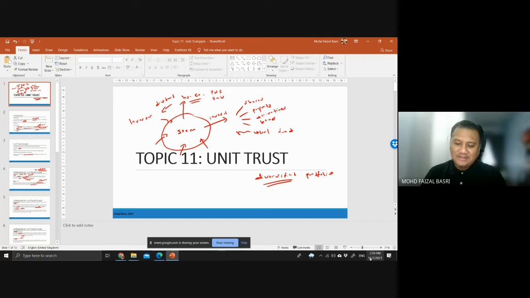Apa yang tak keluar lagi lah. Maksudnya topik yang starts from topic 7: stock dividend, stock split, stock right. Tu kita dah keluar quiz lah tu. Tapi kita keluarkan sekali lagi. Stock split, stock dividend, stock rights, option and warrants. Tu je lah, unit trust. Itu je, topik itu sahaja.